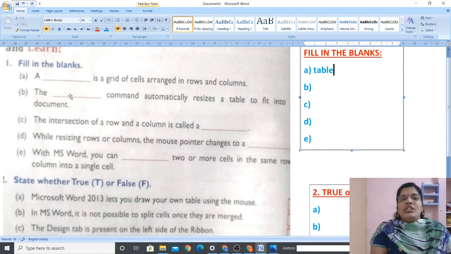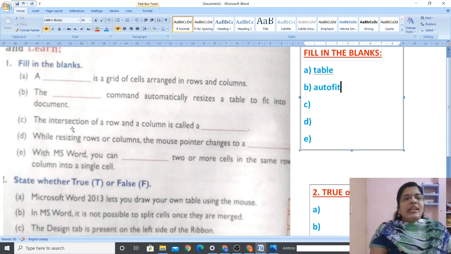So the second question answer is: the AutoFit command automatically resizes a table to fit into the document. Many questions have their answers in the question itself. So just read it once or twice, then you will get the answer for sure.